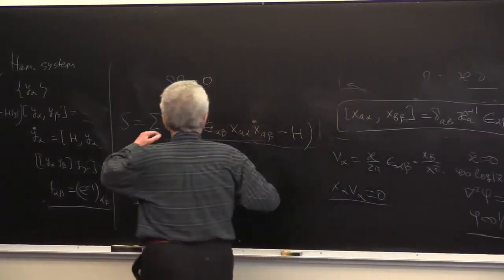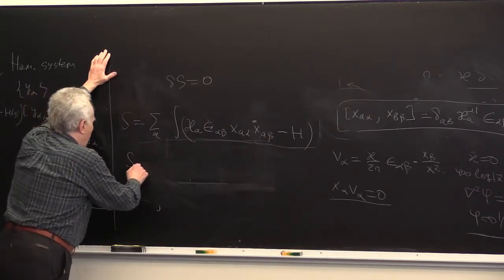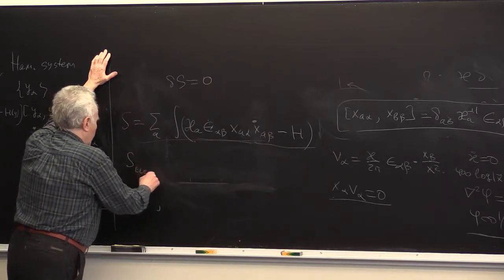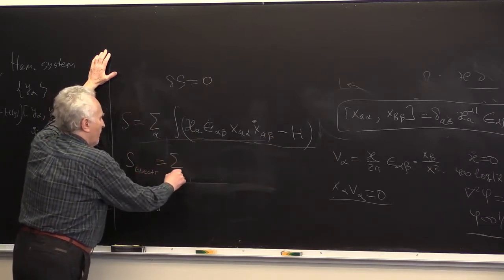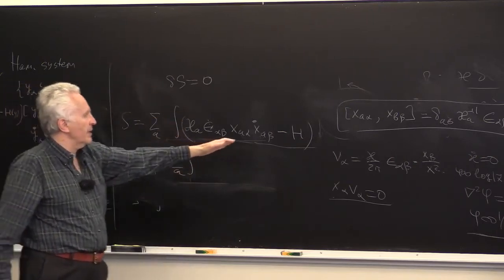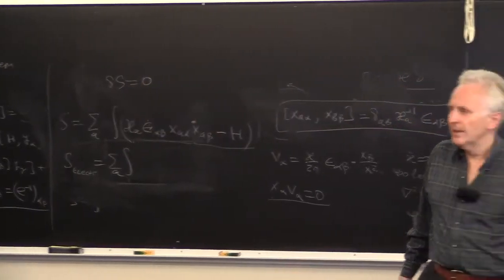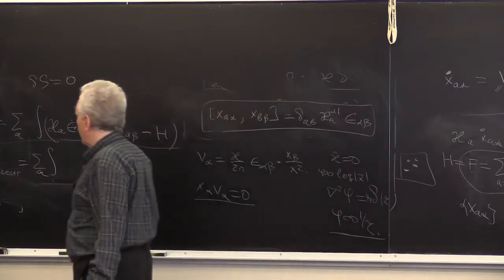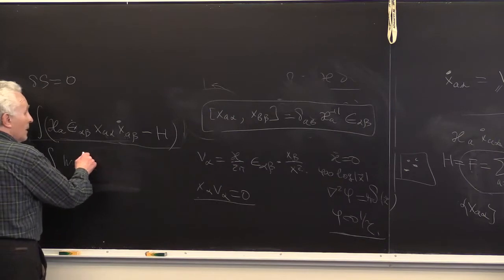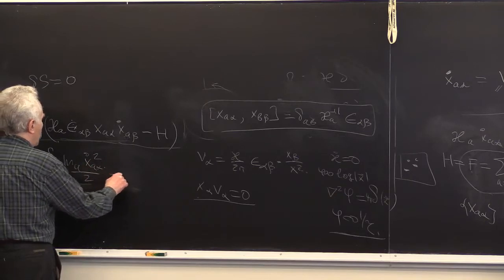So let's write the action for electric charges. The thing which will stay the same is H, which will be potential energy. So what should you add here? m v squared. Yes, it's simply m_A x_A dot squared divided by 2 minus h.